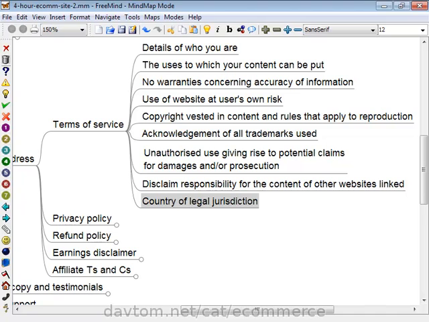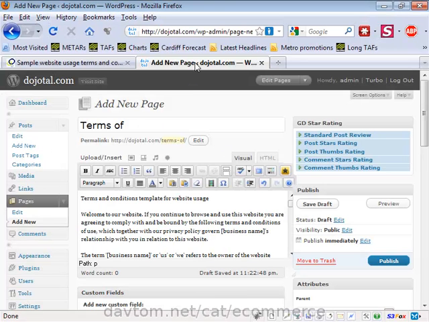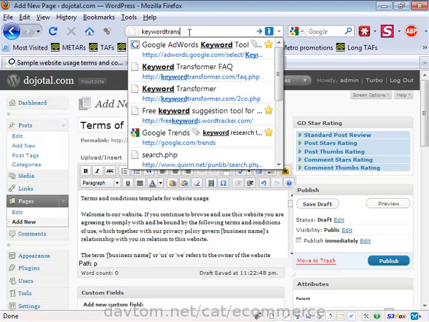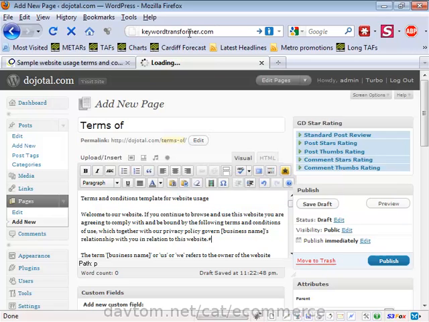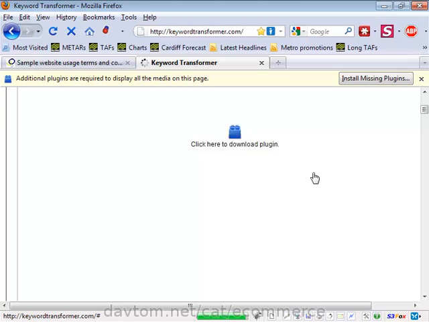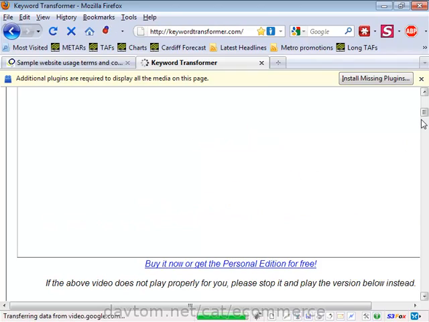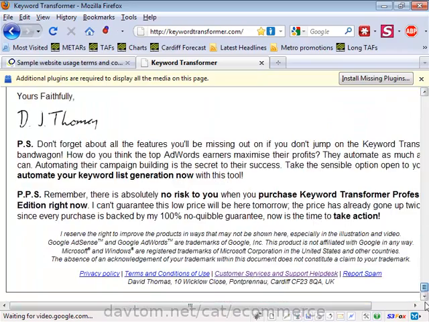And I'll just quickly show one of my own pages. I'll have to stop this video from playing. No, I won't, because the plugin isn't there. But right down at the bottom, this particular page advertises a product that runs on Microsoft Windows. As I've said, Microsoft Windows